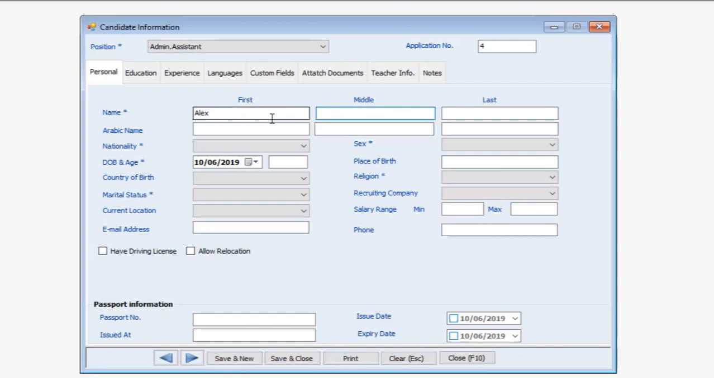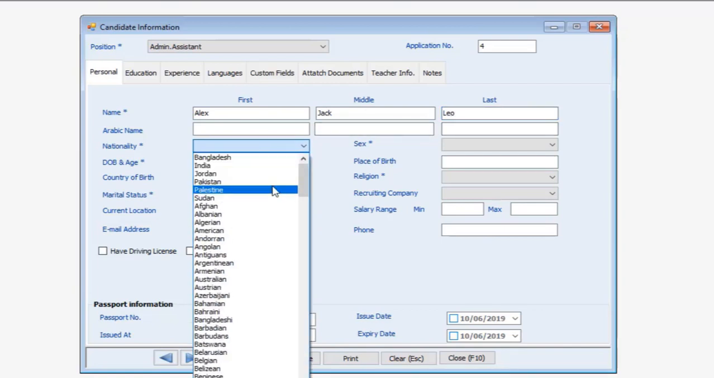Everything here is mandatory according to this asterisk. The middle and last name and also first name are not mandatory for Arabic. However, in the English field, they are required. First, middle, and last are required in the English and not required in the Arabic side. So let's say here, for example, and in the nationality, we are going to select, let's say,